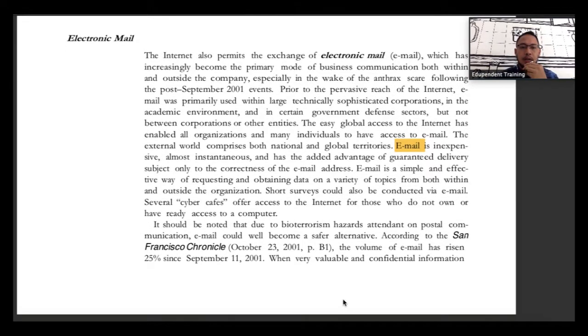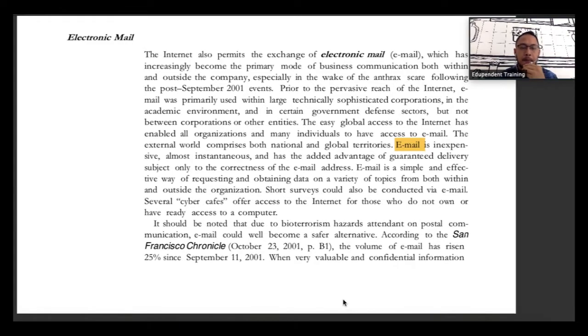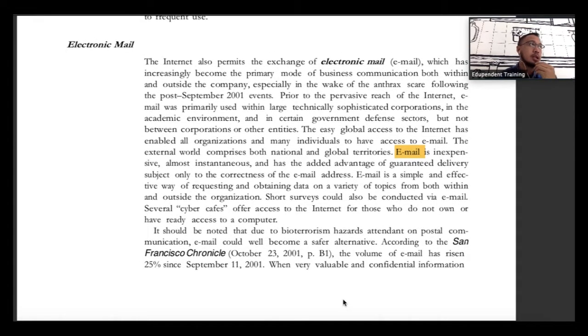Electronic email can also be used when you are asking for the data. Sometimes when you visit the company, there's a limitation of time.